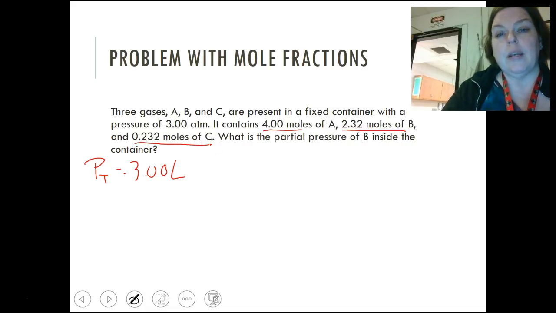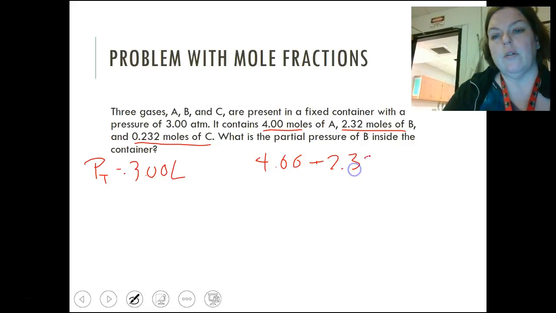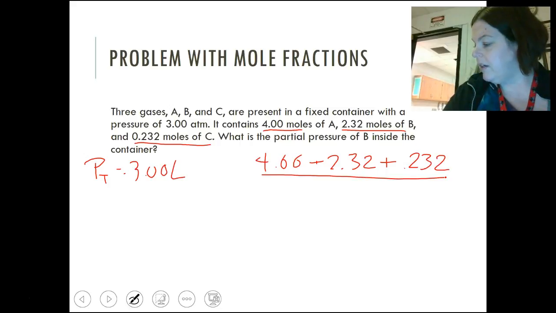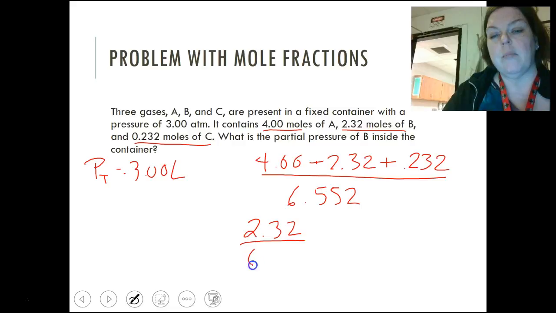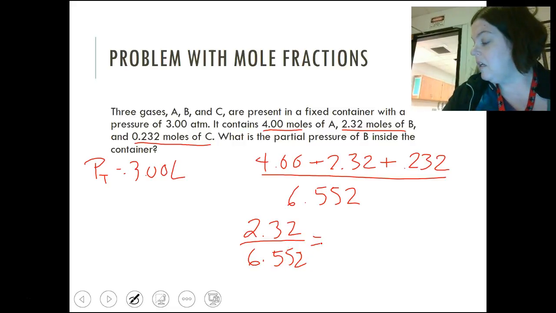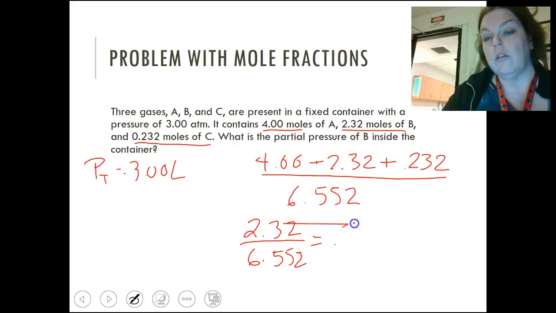Well, it's really simple. I need to add up all the moles to get the total number of moles. When I do that, I get a total number of moles of 6.552. I only wanted to know the pressure of B, so I'm going to get the mole fraction of B: 0.232 divided by 6.552, and that gives me a mole fraction of